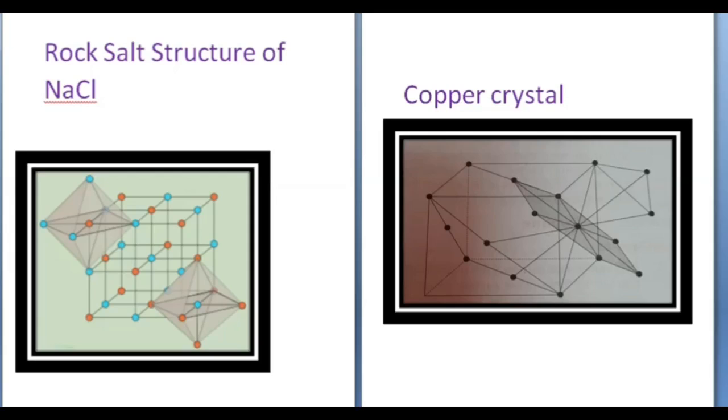Now, I have already told you about the types of solids, that is ionic solids, metallic solids, the types of crystals that are there, ionic crystal, metallic crystal, but certain crystals you have to study in detail. So, let us take them up one by one. First is sodium chloride. It is an example of an ionic crystal, and this structure of the sodium chloride crystal is also called the rock salt crystal.